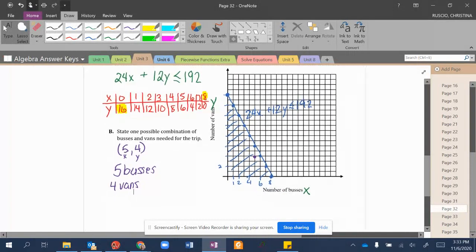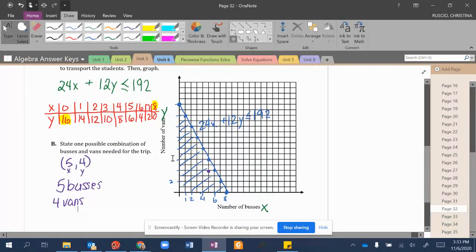I had originally said, I don't know how long I've been recording this for, but I feel like I'm getting close to the 10-minute mark. So I'm not going to solve this for y, but instead of using this graphing feature, what you could have done is gotten y alone by subtracting 24x from both sides, and dividing by 12. And then you would have gotten y is less than or equal to, what would it be,